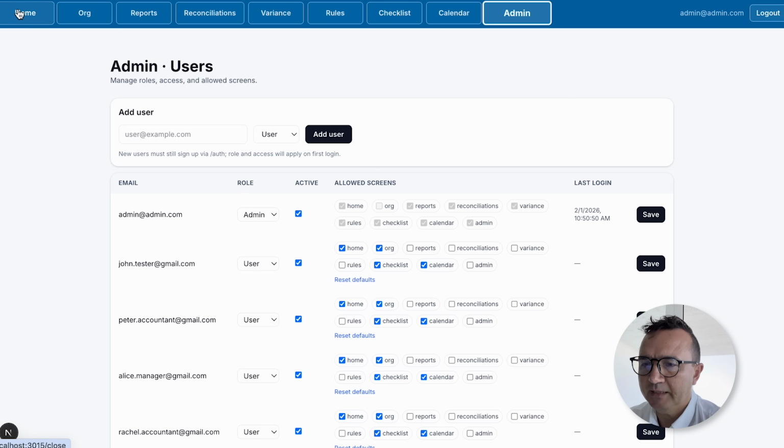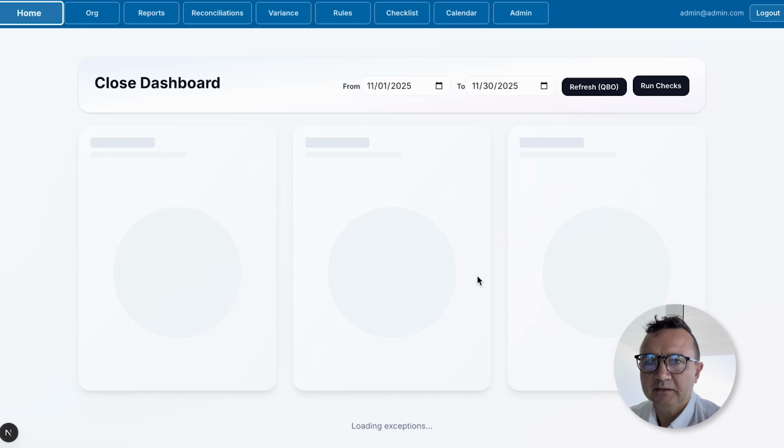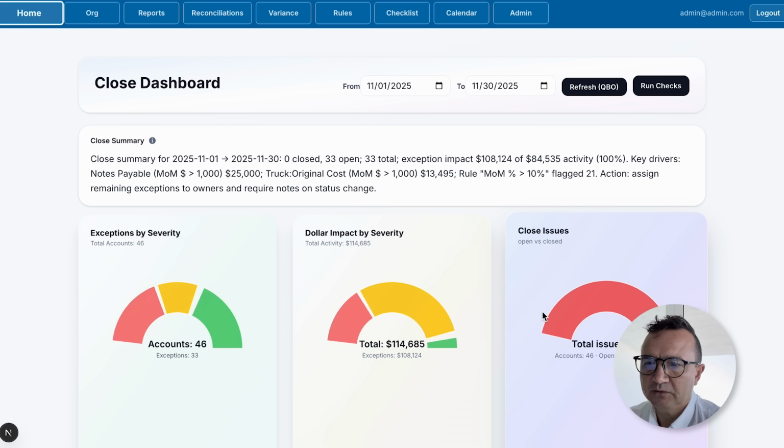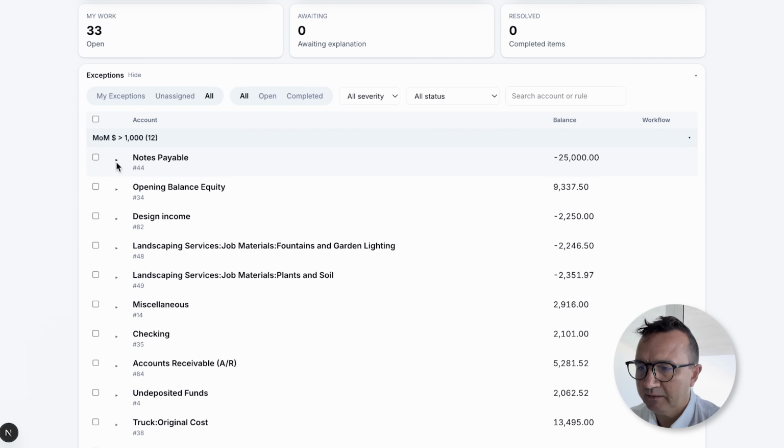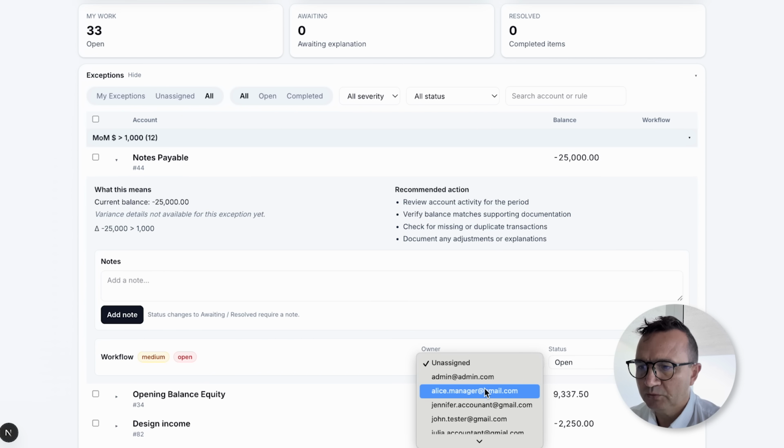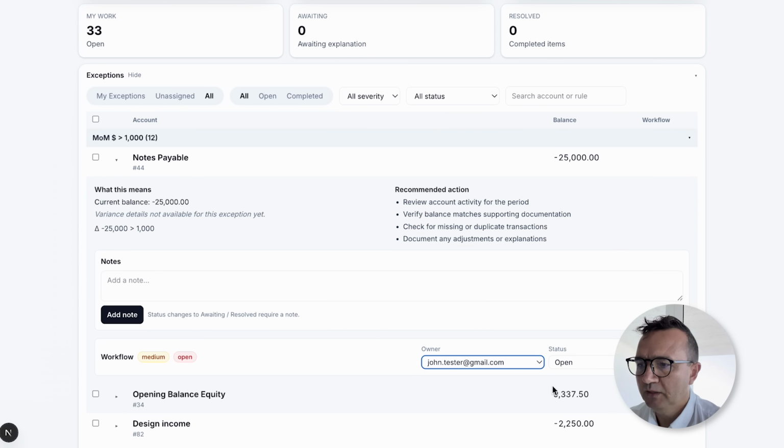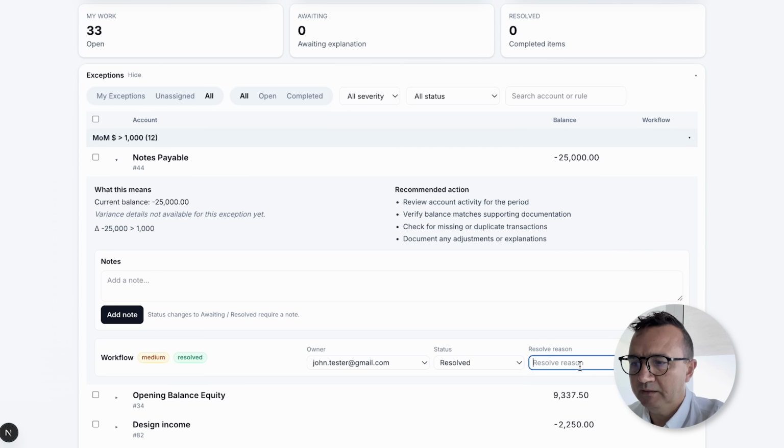So once you assign that exception to John Tester, for example, they will be able to see that they have an assignment now, and they need to work on resolving and explaining this issue. Once they have it explained or resolved, because they may have to take actions, maybe some kind of accruals are not posted, or other actions not taken. So once they resolve it, they change the status to resolved. They explain the reason for resolution. So let's say this is correct